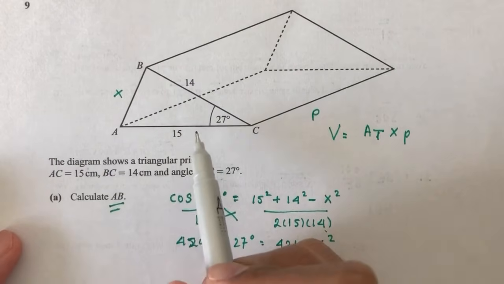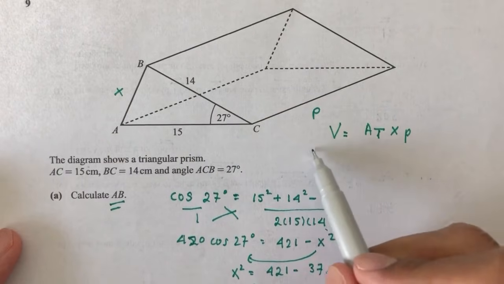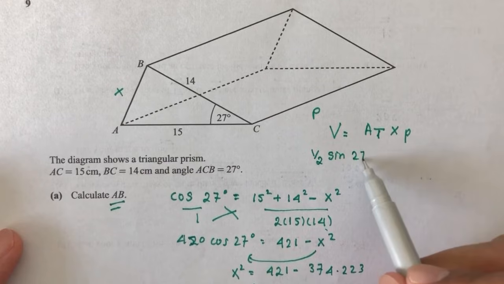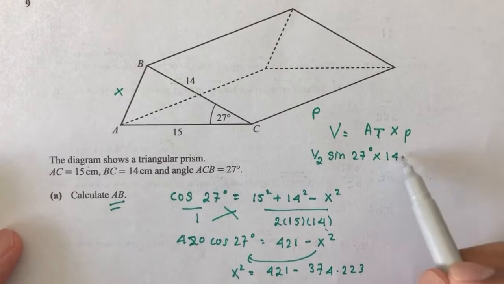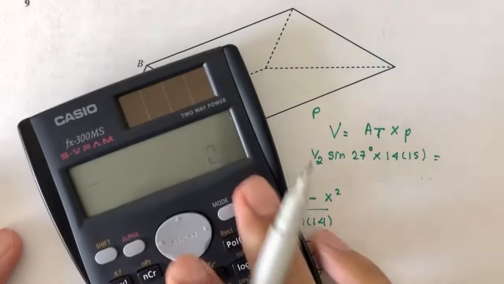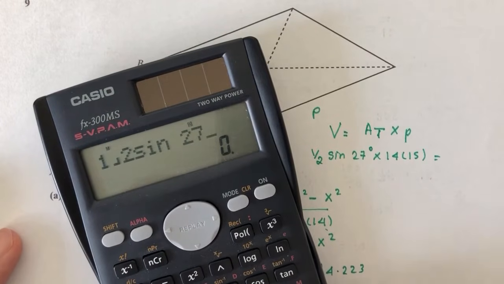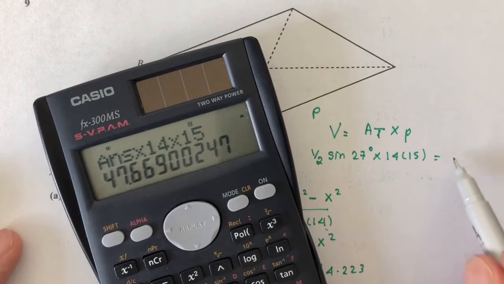Here we have to use the sine rule, which tells us that area of triangle is equal to half sine of the angle here, which will be 27, times the two sides, which is 14 times 15. So let's simplify. What do we have? Half times sine 27 times 14 times 15,